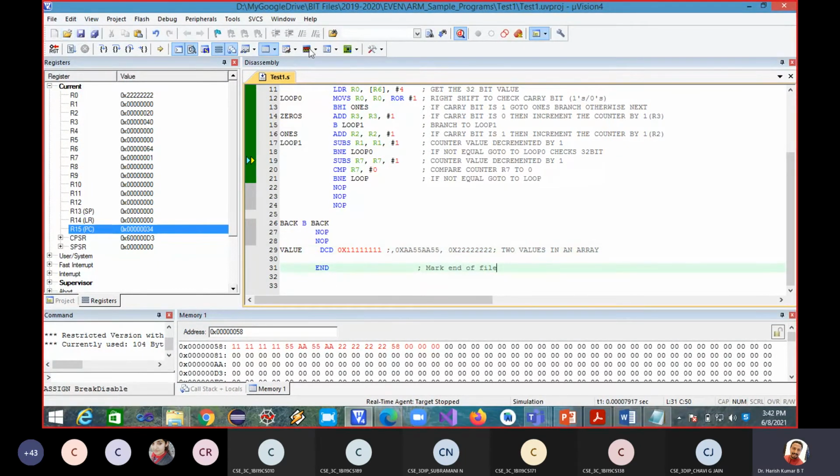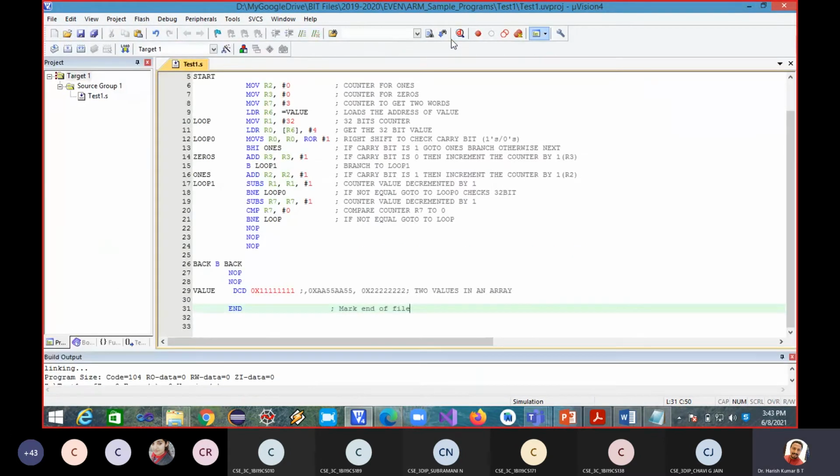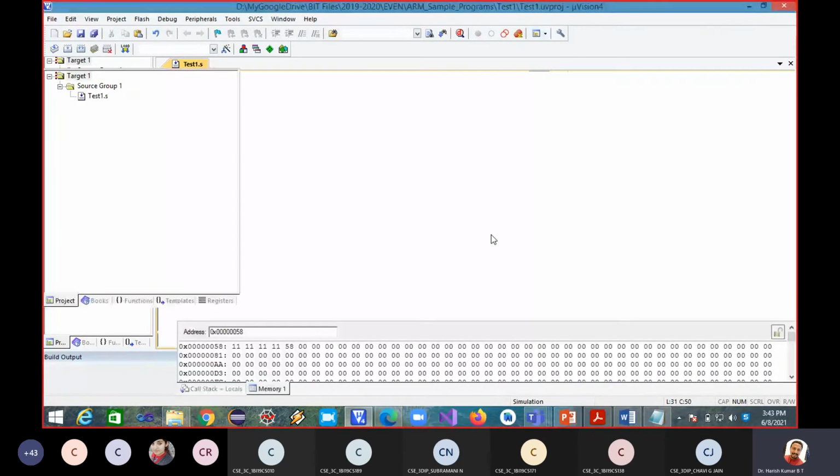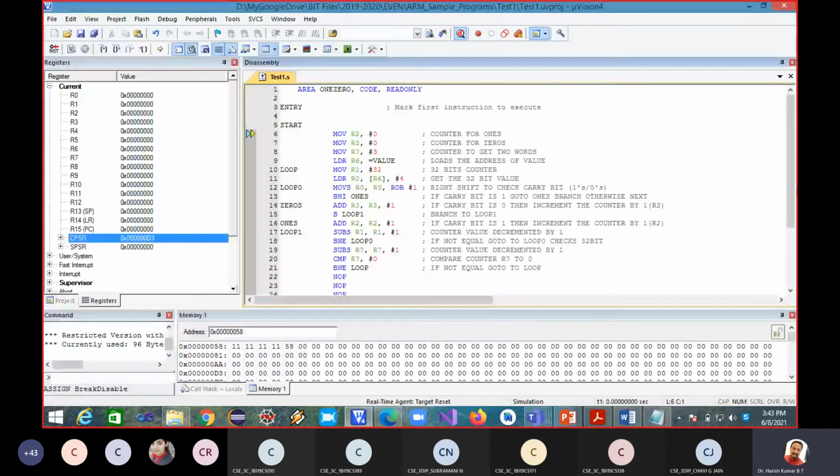Save it, stop debugging, debug again. I'm continuing now. Loaded, and the counting has started.